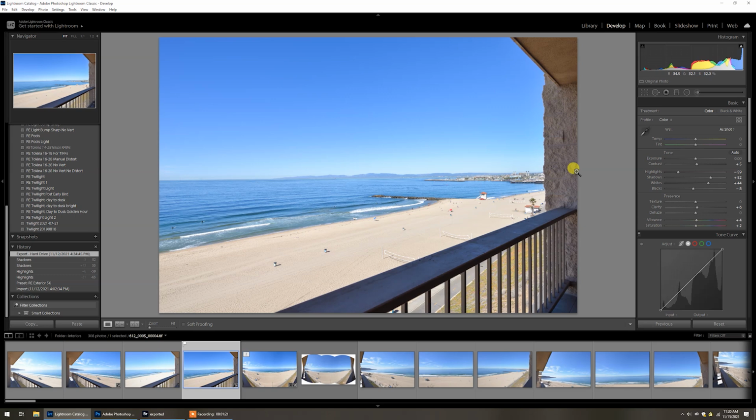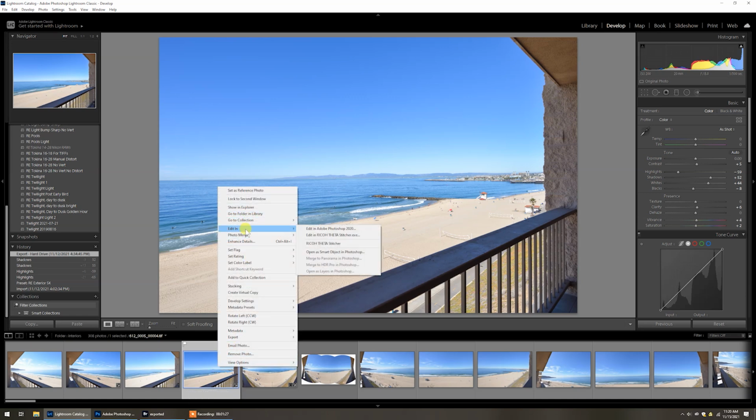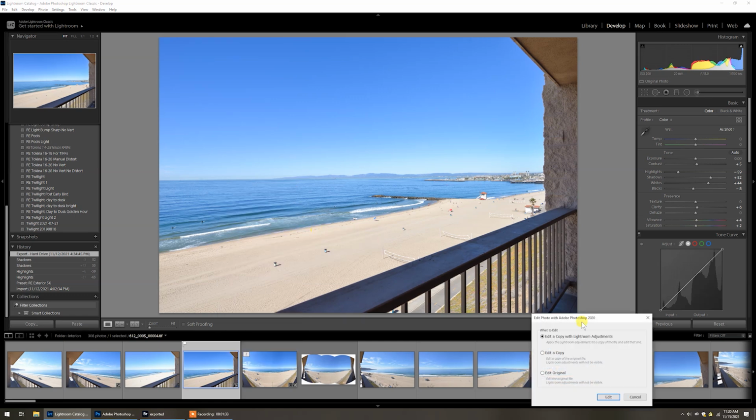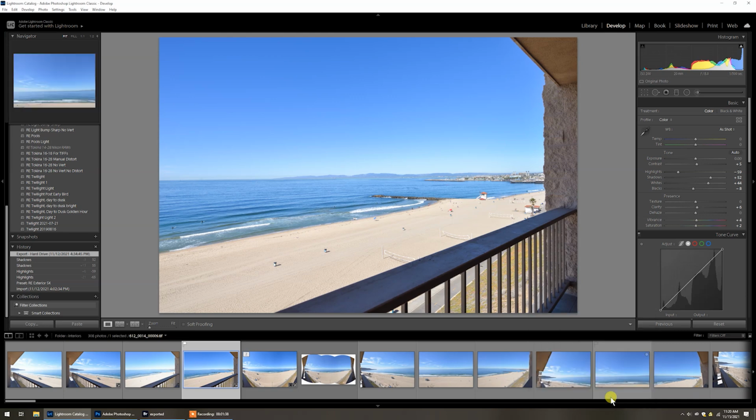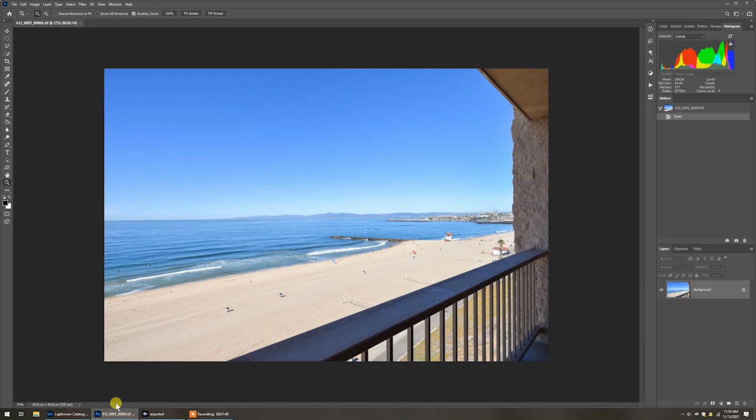Let me show you why first, and then I'll explain it a little bit more. So if we take this and we want to edit this in Photoshop, after we've applied these adjustments to it, let's edit a copy with Lightroom adjustments, so we're seeing the exact same thing here. So we open that into Photoshop, okay? And let's just take a look at that in the